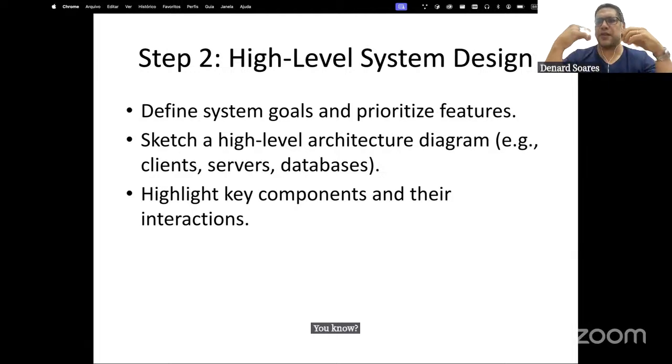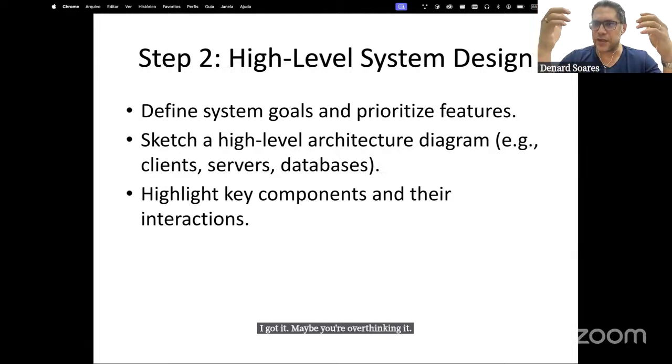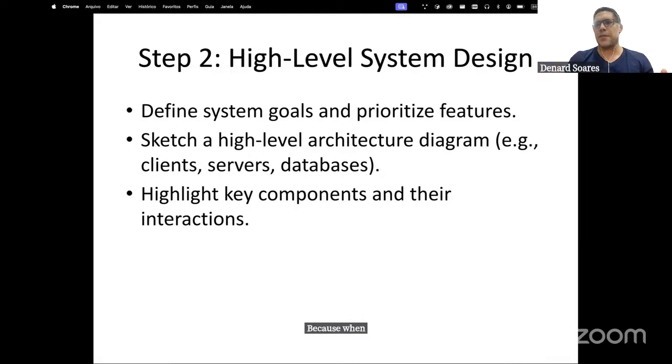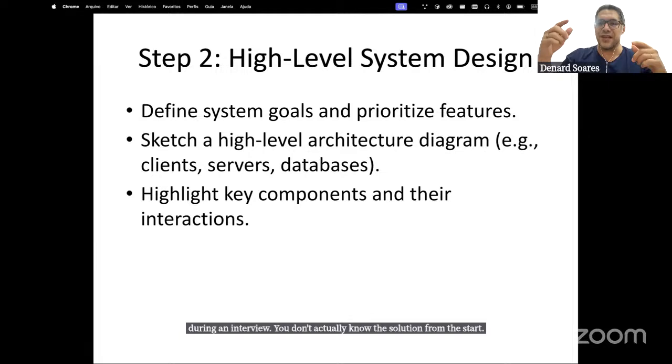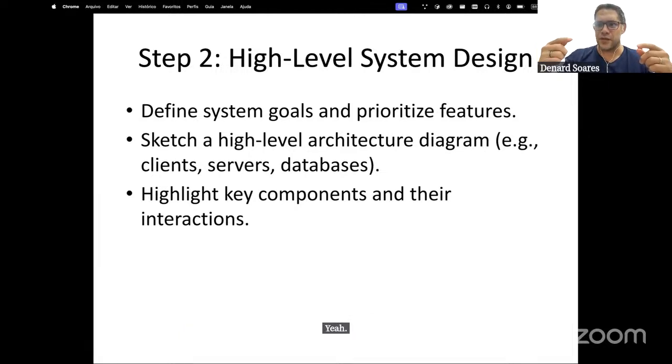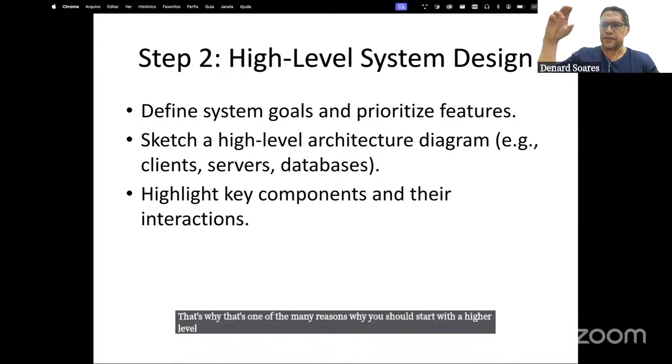Maybe you're overthinking it. When you're presented with a problem during an interview, you don't actually know the solution from the start. You're just thinking about it. That's one of the many reasons why you should start with a higher level design.